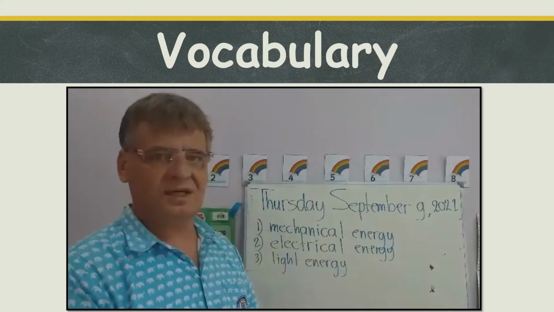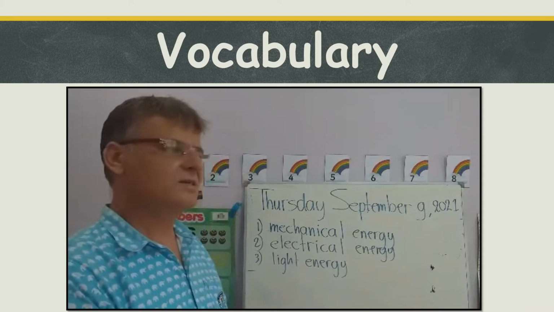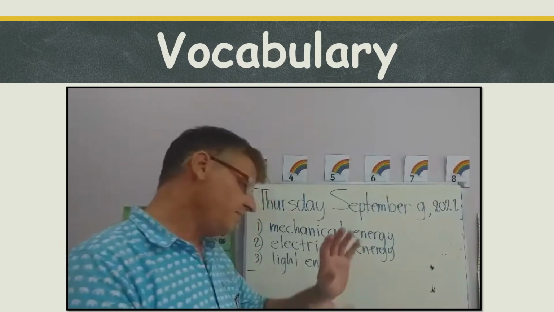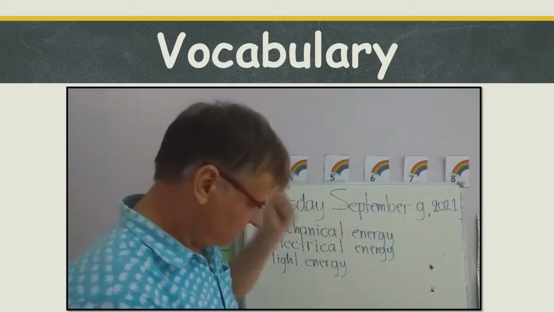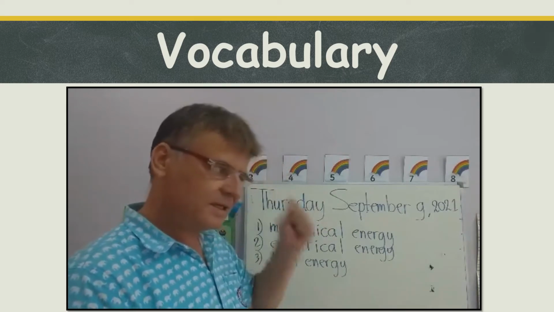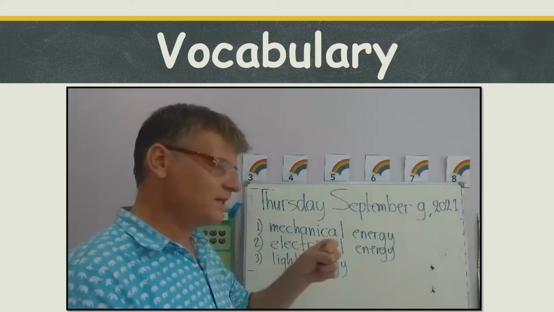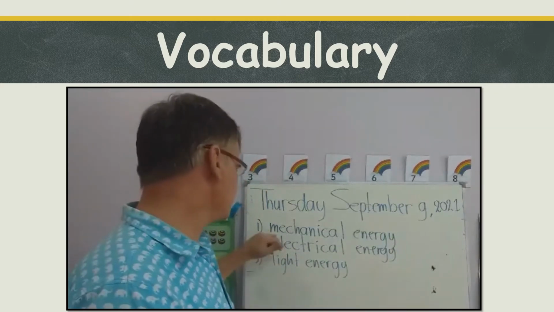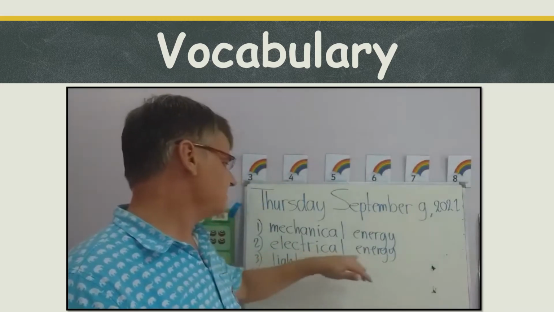mechanical energy. Now, mechanical energy has a lot of different energies inside. For example, if you have a hammer and you hit a nail, what kind of energy is in there? There is kinetic energy in there, right? There's kinetic energy, there's potential energy. So a combination of kinetic and potential energy is mechanical energy. But don't worry, we will have a look at it later, then you'll understand it better. The next one,